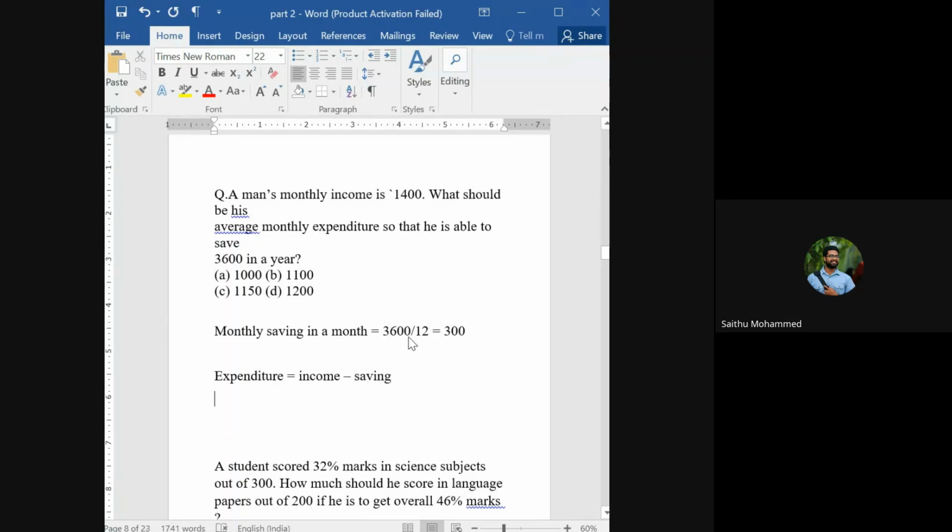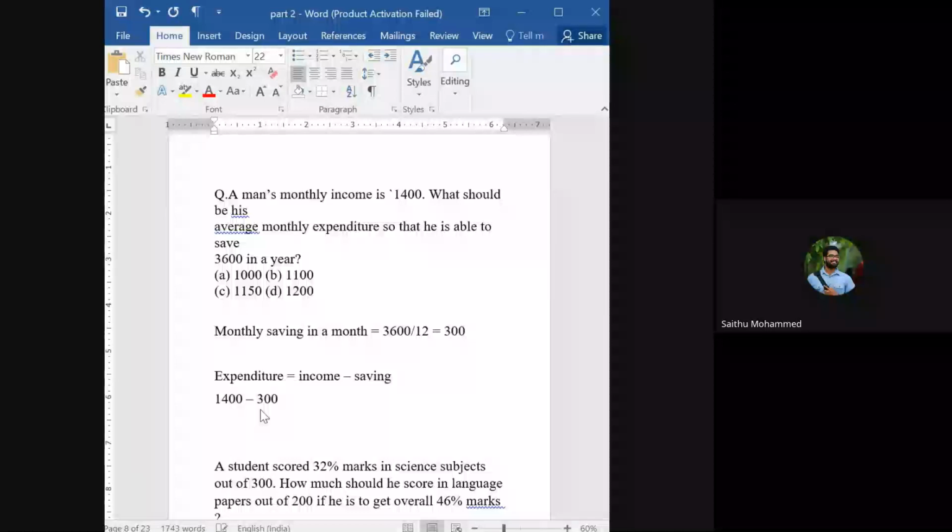So here, saving in a month equals 300 rupees. Income is how much in a month, how much salary is he receiving? 1,400. His income is 1,400. And how much is he required to save? 300 rupees, right? So 1,400 minus 300 is equal to